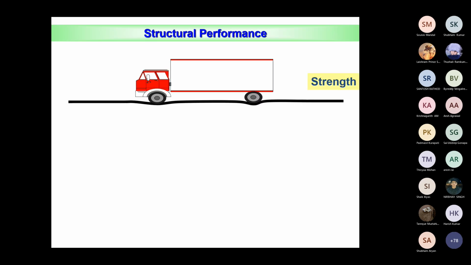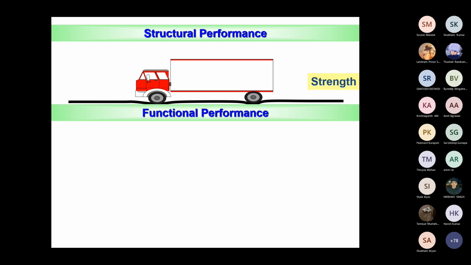When you are checking the performance, you have to analyze distress. You have to note whether your pavement is performing or not. Generally it's called structural and functional performance. Structural performance means your pavement should have enough strength to carry the load, and the stress and strain values should be within the limit.